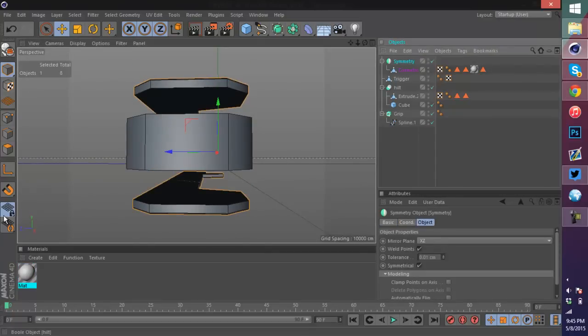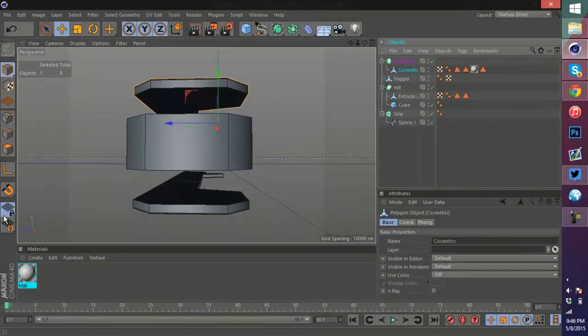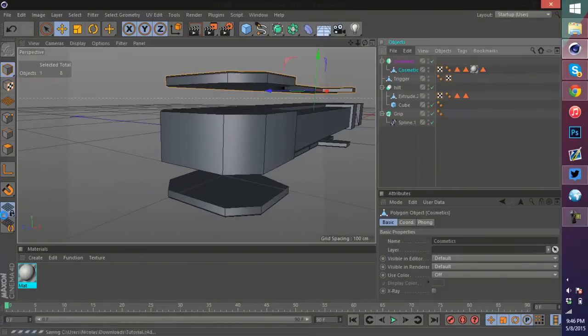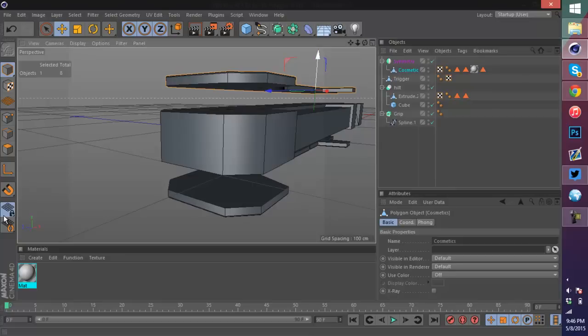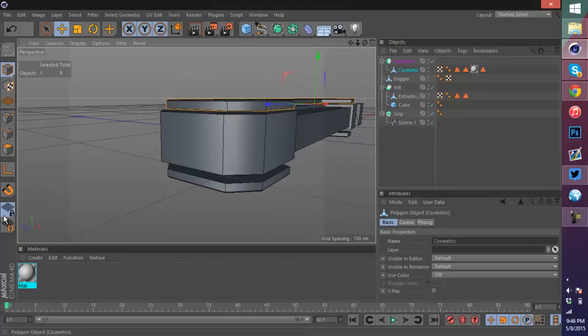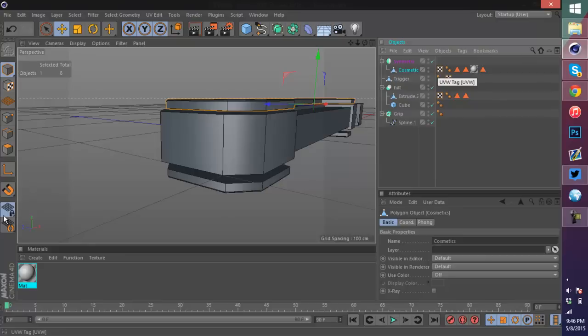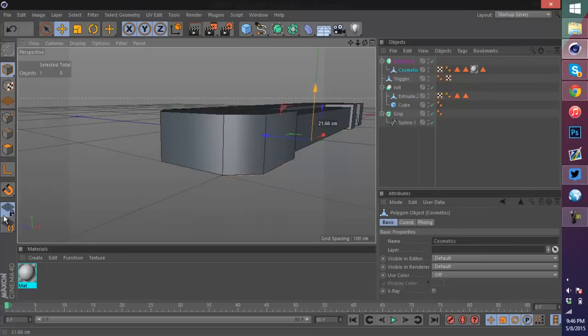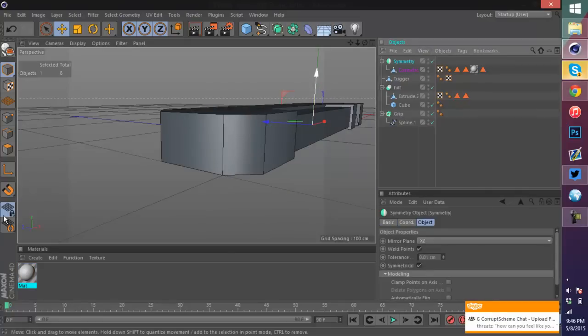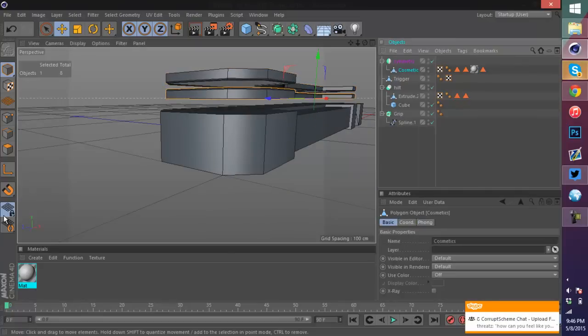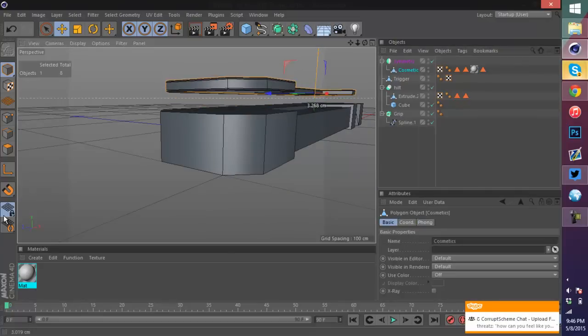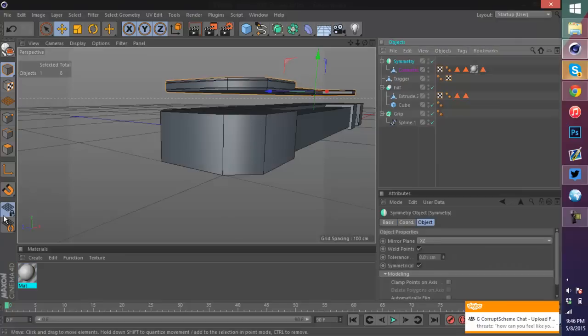So when you do symmetry, the annoying thing is when you want them to go closer or farther apart, you make sure that you click on the cosmetic, or, well, the layer under the symmetry. You don't want to click the actual symmetry layer. So what I'm going to do is I'm just going to put them right next to each other, so that they're pretty much on top of each other, and that's going to be the easiest way for me